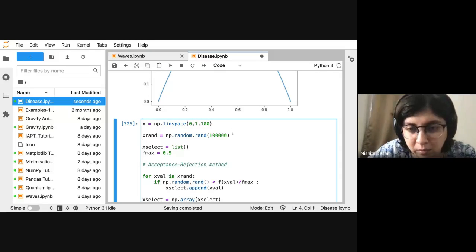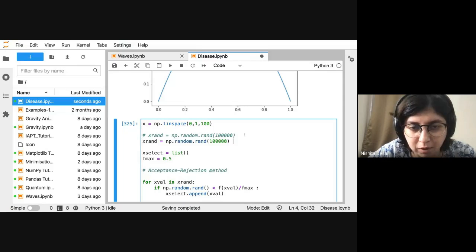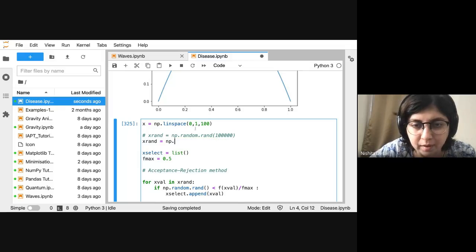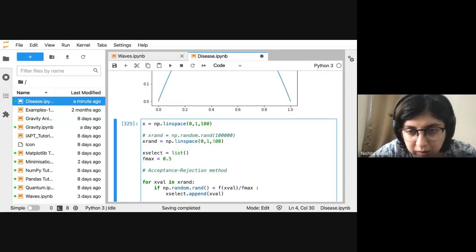Let's see what happens. 0 to 1 and say 1 lakh. Let's try what happens. I think there is possibly a problem because you don't have enough coverage, but let's try. The problem with linspace is that it's going to produce.